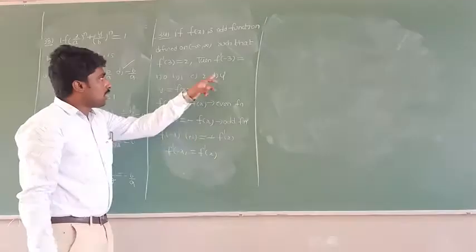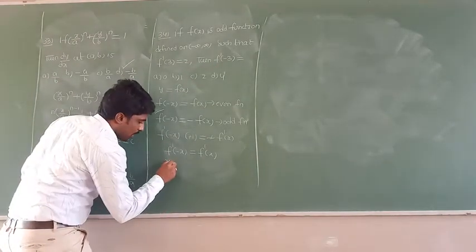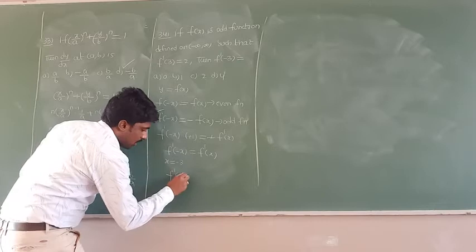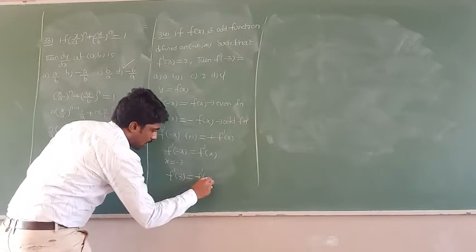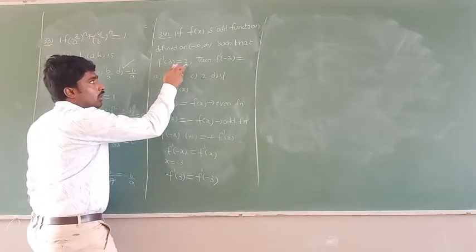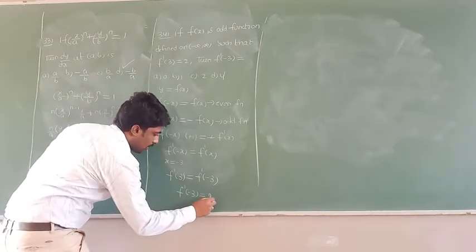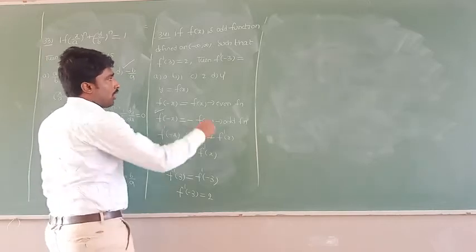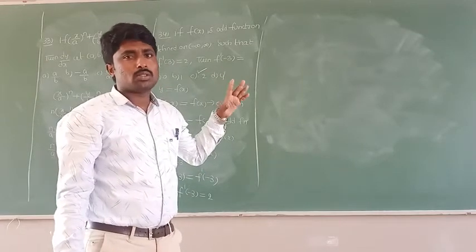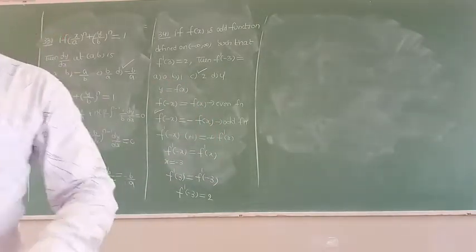Now, in place of x, what they are asking here? Minus 3, f dash of minus 3. In place of x, if we replace minus 3, what will you get? f dash of 3 equal to f dash of minus 3. Now all of you see here, what is the f dash of 3 value here? 2. So finally f dash of minus 3 is equal to 2. Now check it, everyone. Option C is the correct answer. Is it clear, everybody? So this is a very important problem, somewhat conceptual based. So all of you pause the video and note it down. I will explain the last problem.